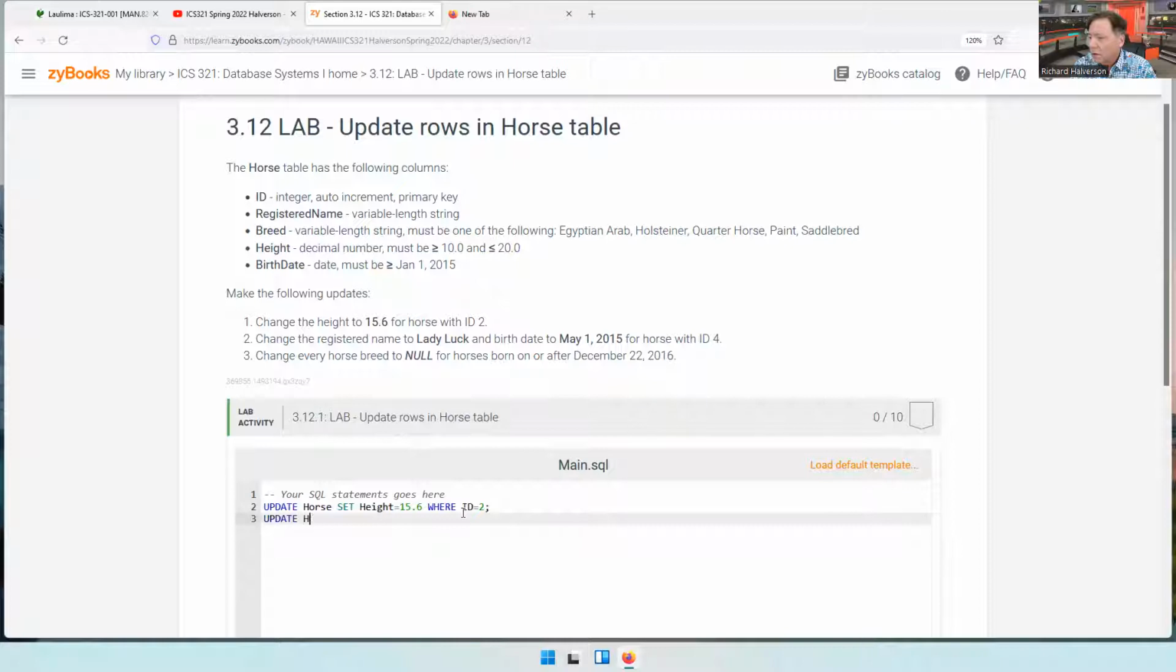Update horse set registered name equals Lucky Lady, Lady Luck, comma, birth date equals 2015-05-01, where ID equals 4. And the third one is